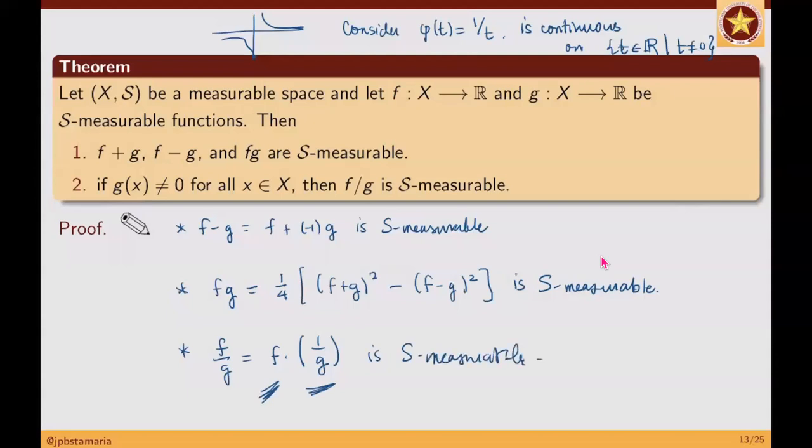So at this point, we already have many examples of measurable functions. All the continuous ones. Even if not continuous, as long as it is increasing. Second, take any two measurable functions, let's say characteristic functions, add them, subtract, multiply, divide. As long as the rules are satisfied, then you're okay. Do we have an example, sir, of a non-measurable function? Yes, earlier we had an example of a non-measurable function.